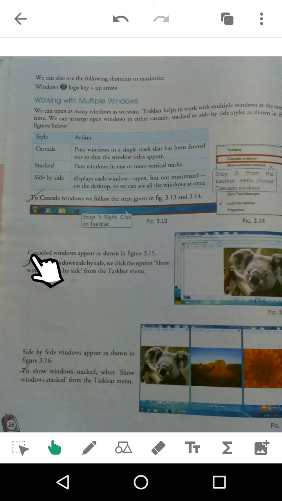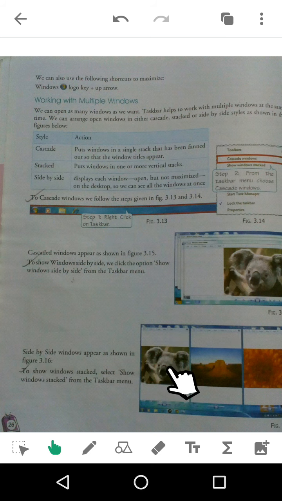To show windows side by side, we click on the option show windows side by side from the taskbar menu. There are also other options given, and the side by side option is somewhere down there. Side by side windows appear as in figure 3.16.